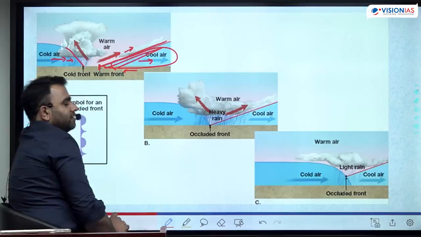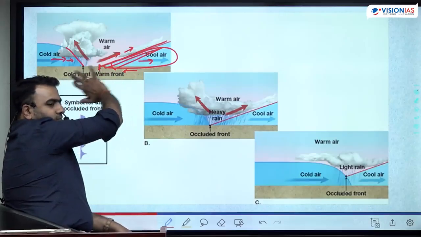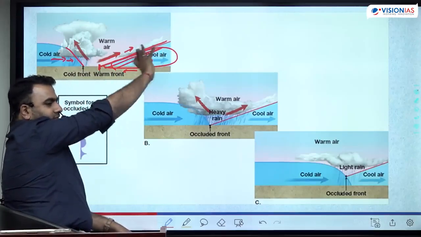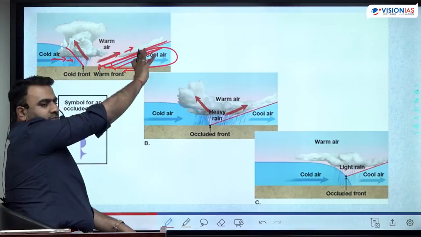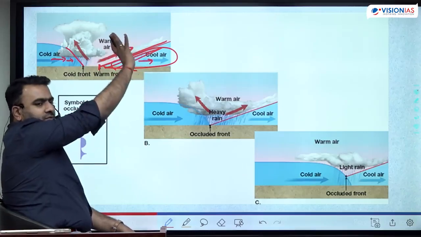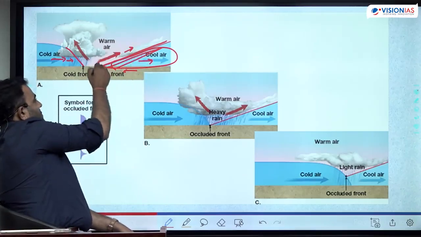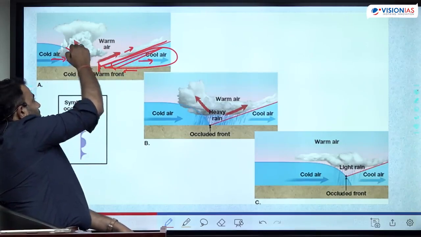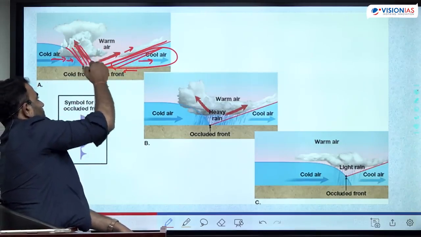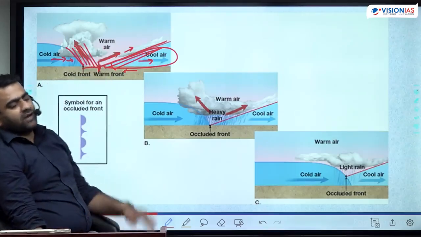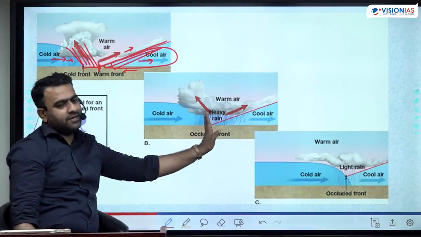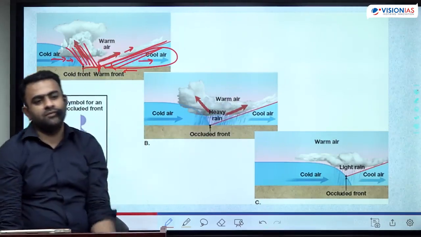Okay? The cold air is not moving faster in this direction. If it is faster movement, then it will become a cold front. It is not in this greater movement. Either it is moving slowly or it is moving in this direction. Whatever is happening, it is happening in such a way that the cold front which is coming in this direction gradually catches up with the warm front. After some time, if you see, the cold front has got mixed with the warm front.